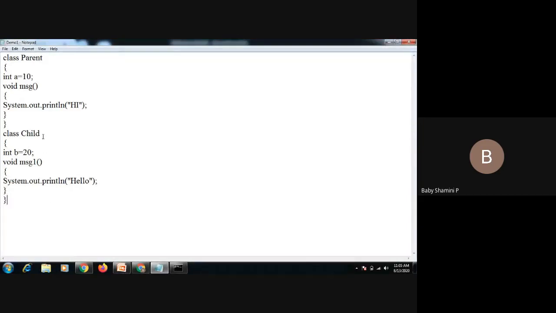Here we are using the concept of inheritance. So how do we inherit properties from the base class? Through the keyword extends. Extends which class? Parent class. So first we need to create a parent class, then we create a child class. And if you want to inherit properties from the base class, we have to give extends and the class name, that is Parent. So this is parent and child.